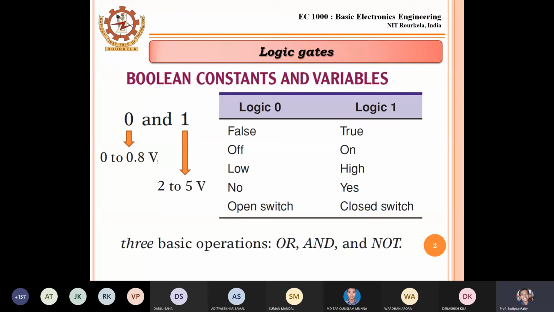So the thing is that in the Boolean constants and variables we are first learning, we have only 2 logic levels in a simple nutshell. Do not consider very advanced terminology. Suppose I am giving a simple example. What is the speed of my computer? 2.4 gigahertz or 3.2 gigahertz. Normally we get this kind of frequency. So that means it is in nanosecond order.